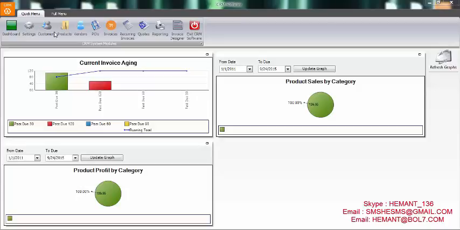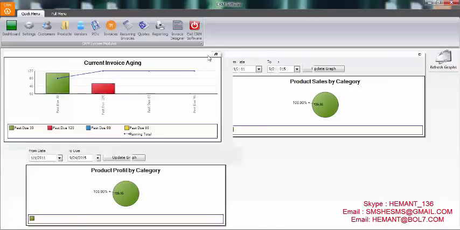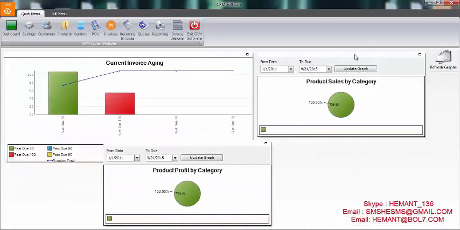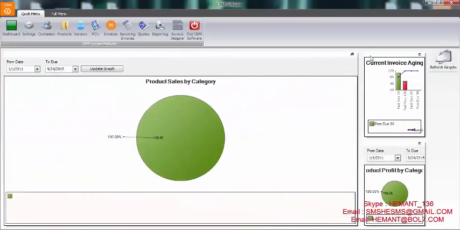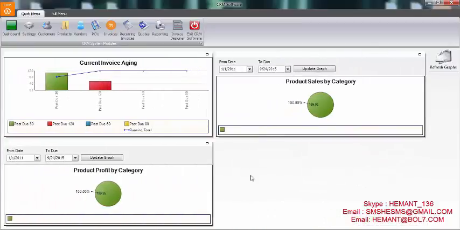First option we see is of the dashboard. That is also the default screen. As you can see, this dashboard window is mainly showcasing three windows, which are current reports for invoicing, for product sales, for product profit. Once you configure everything, you can have a live telecast of all your business reports here. You can maximize each window and you can check them for the reports.